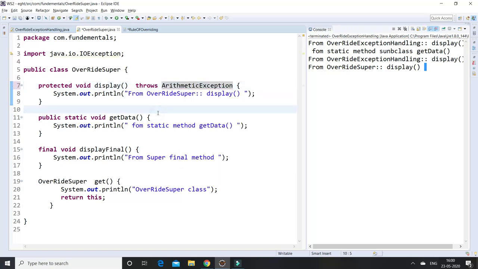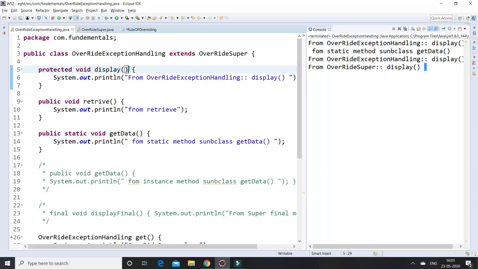By the definition of overriding, the same signature must be present in the subclass level also. Because I am declaring throws in the parent, I can define the same exception in the subclass level with the same method. So this is method overriding, and it satisfies the rules.